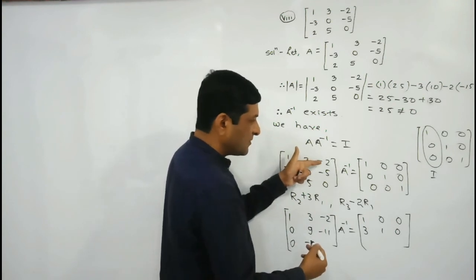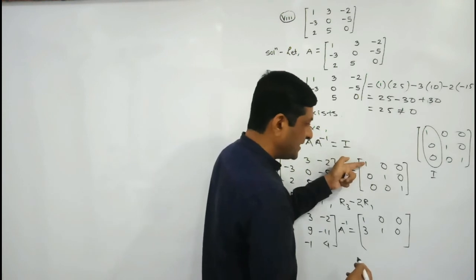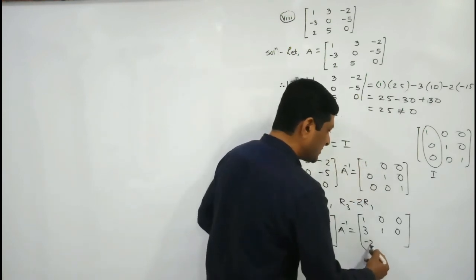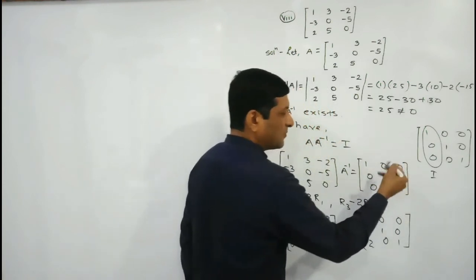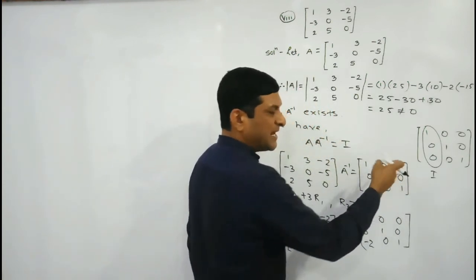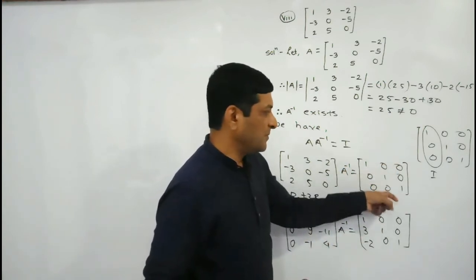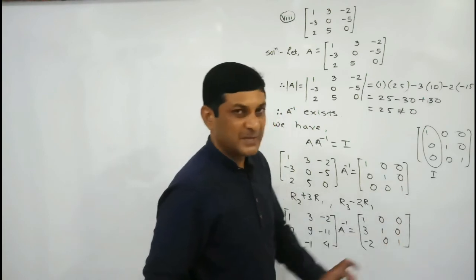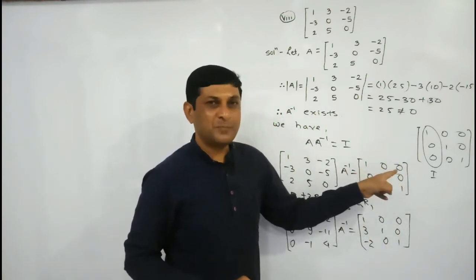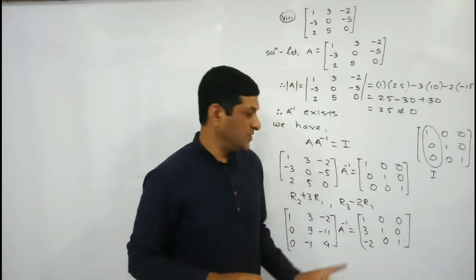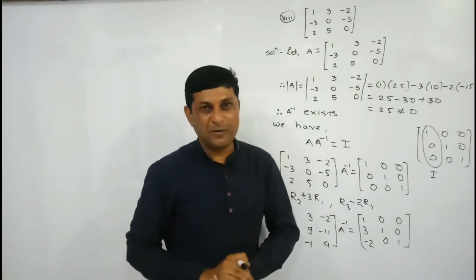Multiply by minus 2. Here we will get 4. 4 plus 0 is 4. Multiply by minus 2. Here we will get minus 2. Minus 2 plus 0 is minus 2. And here this element does not change because the element of R1 is 0. If we are multiplying R1 by minus 2, 0 into minus 2 will become 0, and 0 plus any number will remain the same number. Means whenever we are using the corresponding element of any row and if 0 appears in it, at that time there is no change in the element of the row on which we are performing our operation.